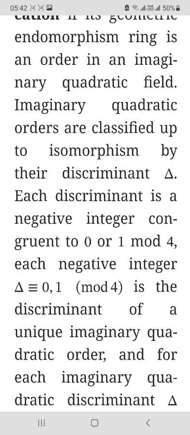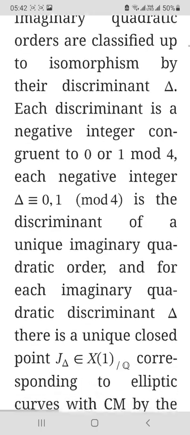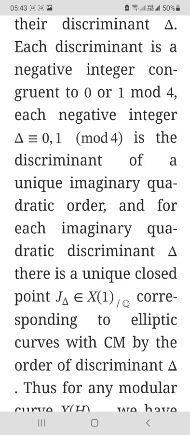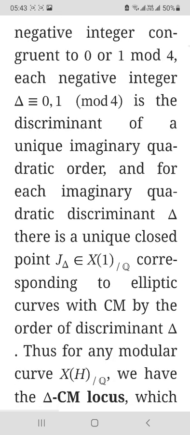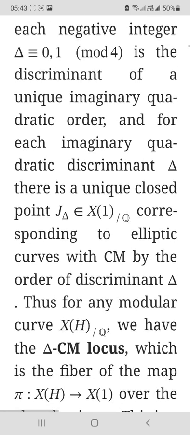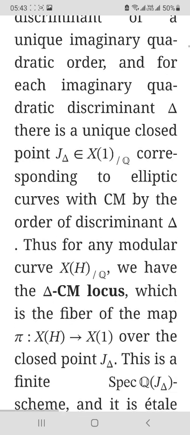So there is a one-to-one correspondence between order and the discriminant delta. Each discriminant is a negative integer congruent to 0 or 1 mod 4. Each negative integer delta that is 0 or 1 mod 4 is the discriminant of a unique imaginary quadratic order, and